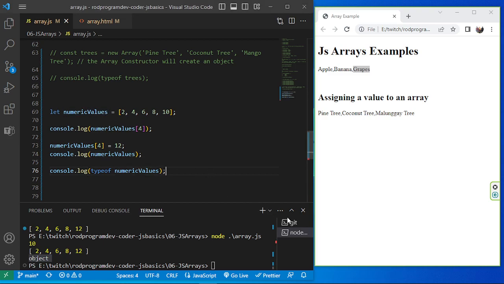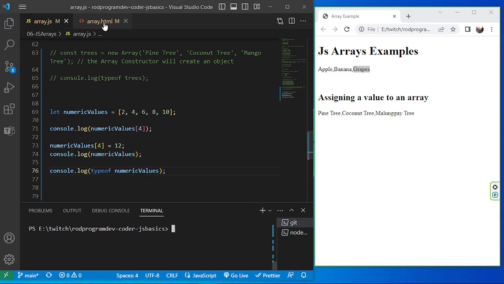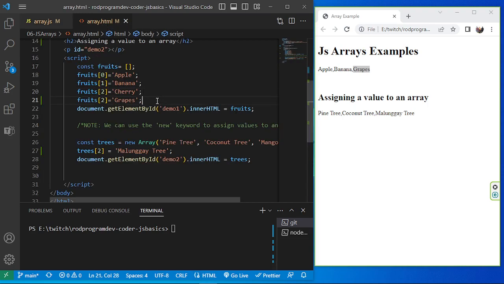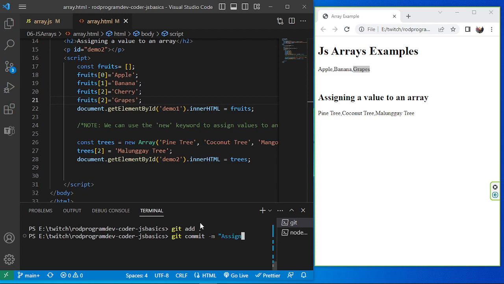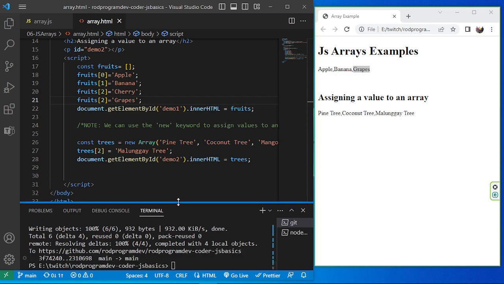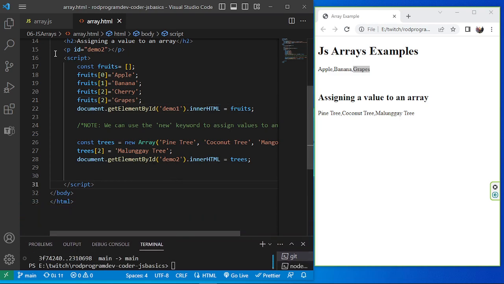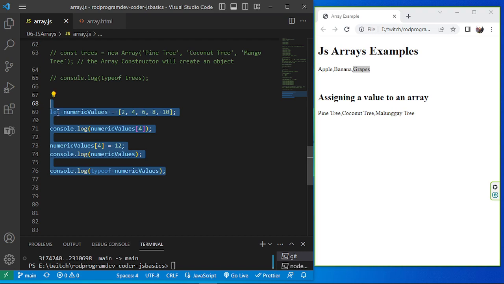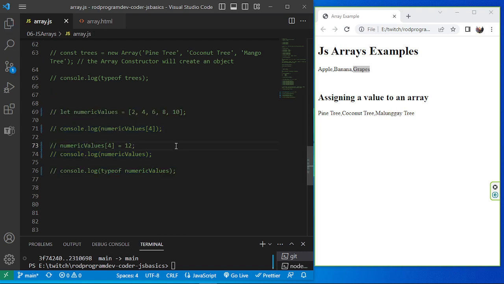Another use case that I just want to check out. But first, let's start with what we did here. We wanted to assign new values to an array, examples. Just push that. Now, the next thing that I would want to do is to try to